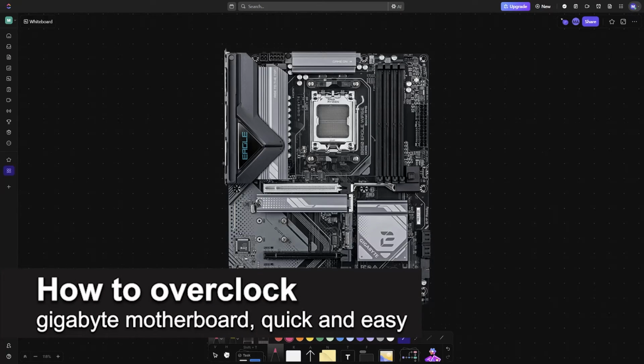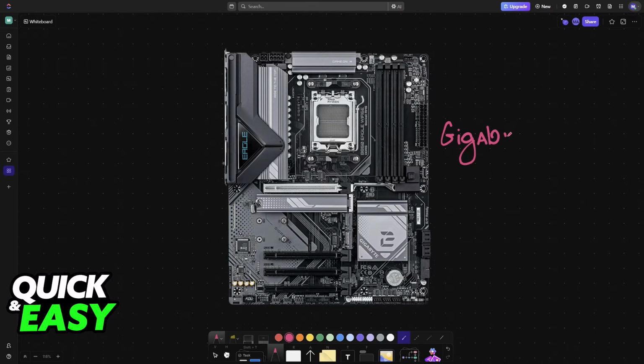In this video, I'm gonna teach you how to overclock a Gigabyte motherboard. It's a very easy process, so make sure to follow along. In this video, I'm gonna teach you how to access the overclocking tools for your Gigabyte motherboard and how to